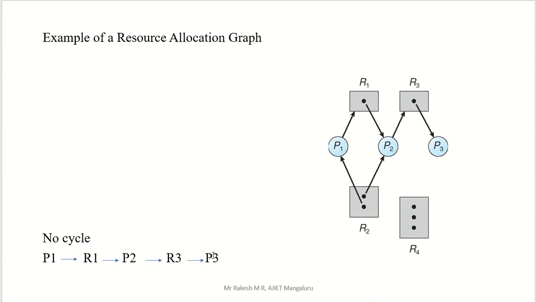But P3 is last, right? So here we can avoid deadlock. How? Once P3 is executed with the help of R3, R3 is free, right? Definitely we can allot this R3 to P2. Once we allot R3 to P2, P2 also completes, because R3 we give, R1 is already given, R2 also given, so 3 resources are used by P2 and it is completed. Once it is completed, P1 also completes. Like this we can easily complete all 3 processes, because there is no circle. That's why we can complete. No cycle, that's why there is no deadlock.